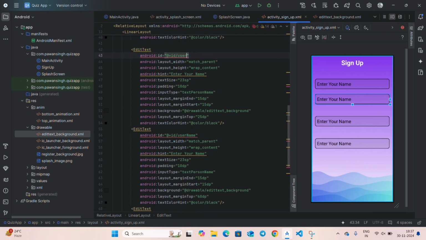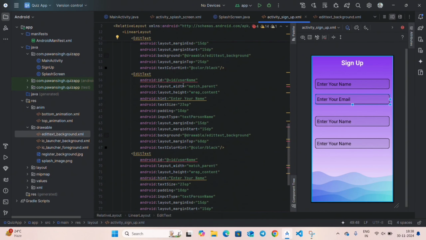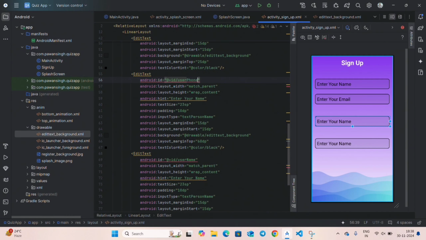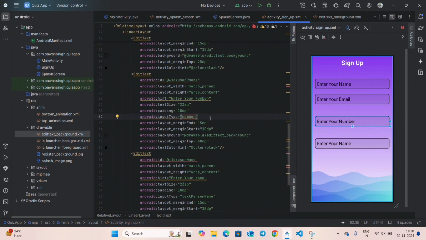and change the username to user email, and right here enter your email, and change this text input type as text email, and change the ID to user phone and change this to enter your number, and here input type make it number. This will improve our user experience, and give it margin top of 25 dp,